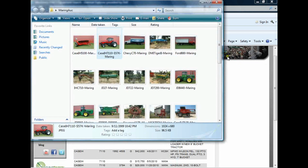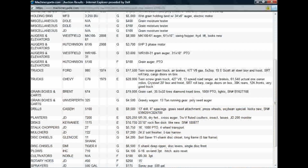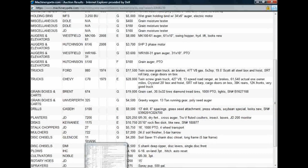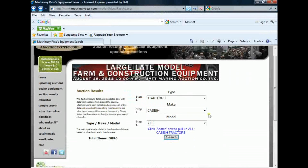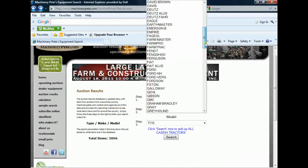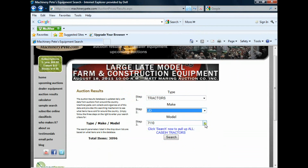We also had a couple John Deere tractors yesterday. Let me show you here a John Deere 8560, beautiful tractor. 1989 model, 1,918 hours. Extremely low hours. So again, beautiful tractor. And actually, let's go look in our website again, and I can give you a comparison here on John Deere 8560s, and you'll see that 64,000 is right towards the top of what we've seen over the last 10-15 years